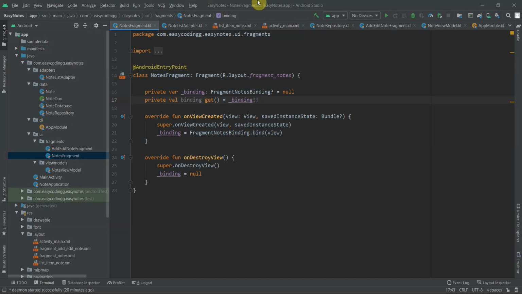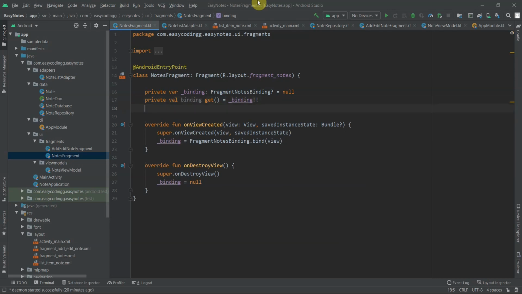In order to use a view model in our fragments, we have to first inject it, and we cannot use constructor injection as we did before in our Android components. Instead we have to use field injection. In field injection, we inject directly into the fields using the @Inject annotation. But there's an even better way to inject view models, and it goes like this.